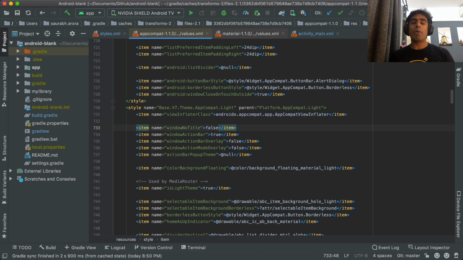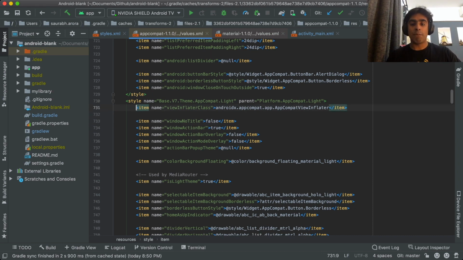The details of how it works is probably beyond the scope of this video, so I'll link a blog post below, which will explain how this really works. But for the sake of this video, you can pause and read that blog post first, or you can proceed just with the knowledge that this view inflater class has a chance to hijack the layout inflation process and replace framework components with its own implementations.